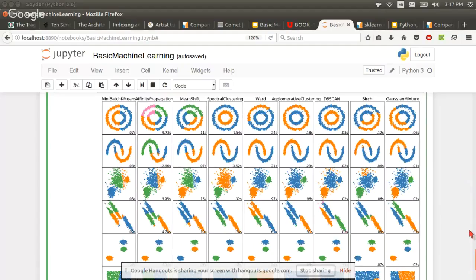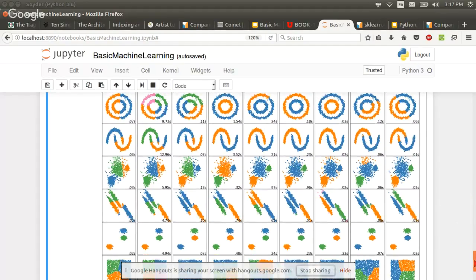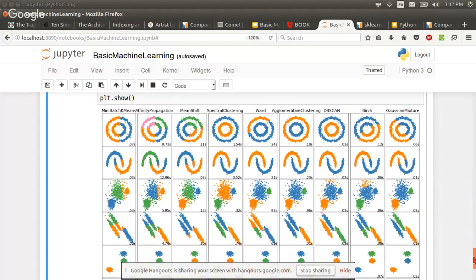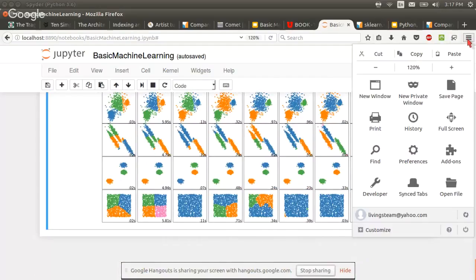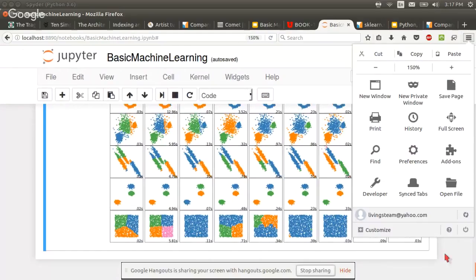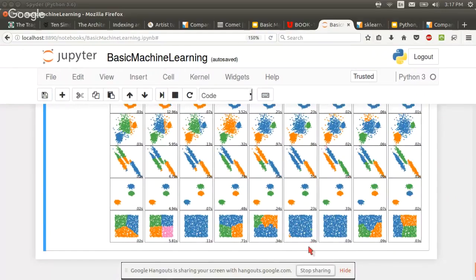I don't know if anybody has practical experience with doing this in a work environment. It's an iterative approach. You have to try different things and see what works the best. I don't know what would get the best vote here on this data. I think the square data down here is probably the most interesting to look at to me. Let me make this a little bigger. And you can see this one clustering algorithm right here didn't do a very good job, right? Like this guy on the left. But again, it's just interesting to see. And you can specify how many clusters you're looking for, so some of that's driven by the parameters they're sending.